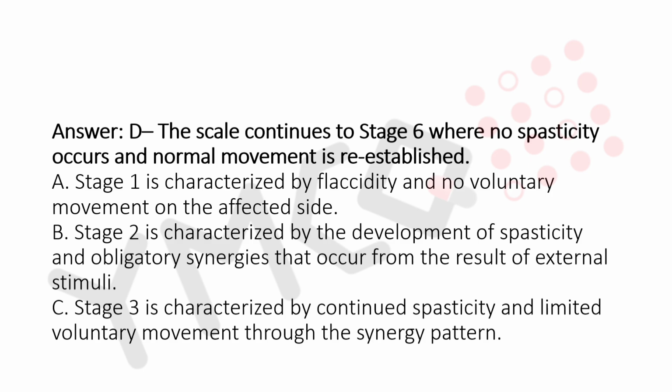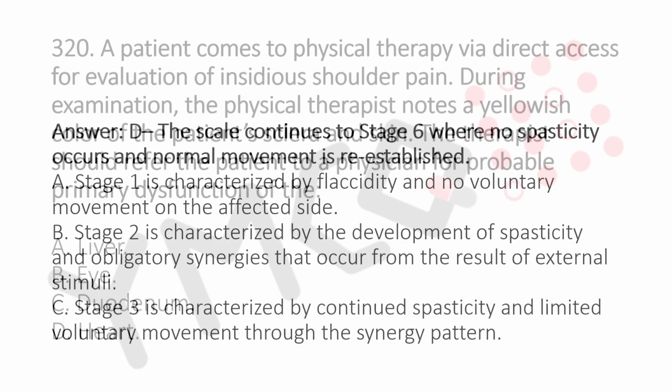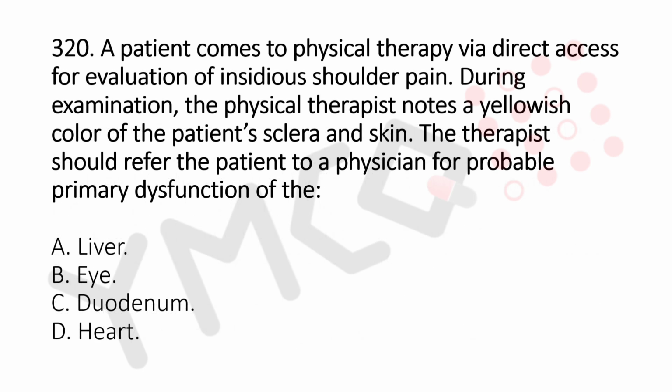Now let's move to question number 320. A patient comes to physical therapy via direct access for evaluation of insidious shoulder pain. During examination, the physical therapist notes a yellowish color of the patient's sclera and skin. The therapist should refer the patient to a physician for probable primary dysfunction of the Option A, liver. Option B, eye. Option C, duodenum. Option D, heart. And the answer is